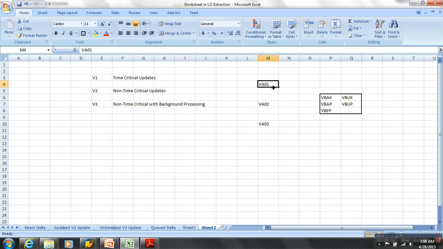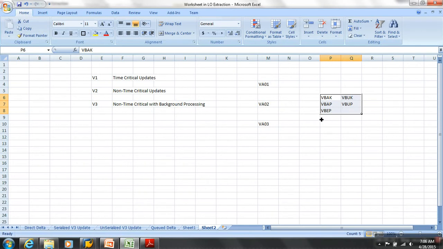Now if I go to VA01 and create a sales order, it creates a new record in these tables. And when I go to VA02, it makes the changes to the existing record in these tables. If you're creating a new transaction, it creates a new entry in the table. If you're changing a transaction, the existing record is changed. If you delete it, a reverse record is created. That's it.